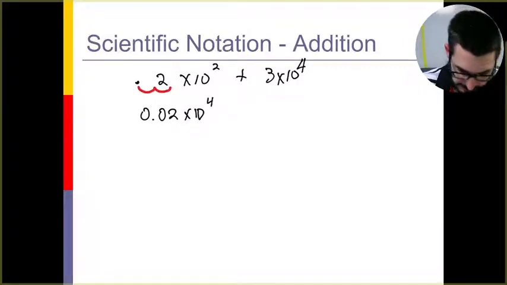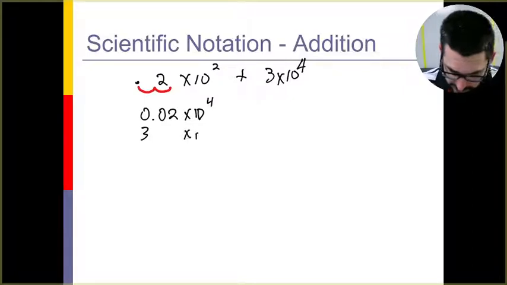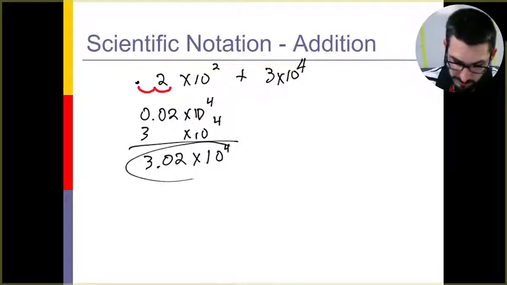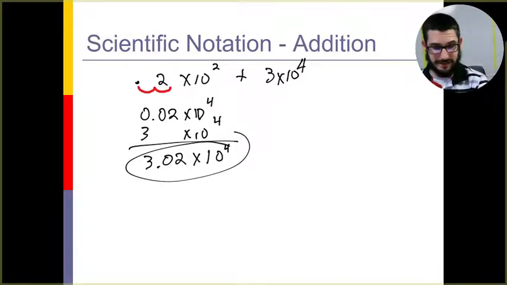And line up my decimals. I've got 3 times 10 to the fourth, so 3.02 times 10 to the fourth would be my answer here. Okay, and